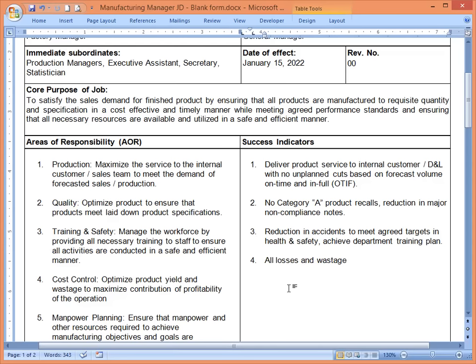TQM, total quality management, is another analytical tool you can utilize to improve your processes. DMAIC is one of them. DMAIC is part of Six Sigma: define, measure, analyze, improve, and control. Okay, all losses and wastage be below budget as reported